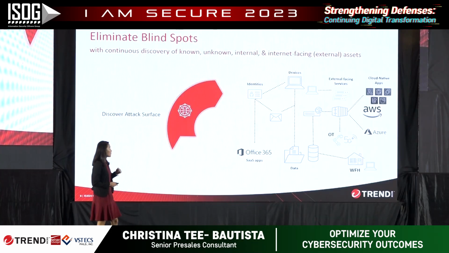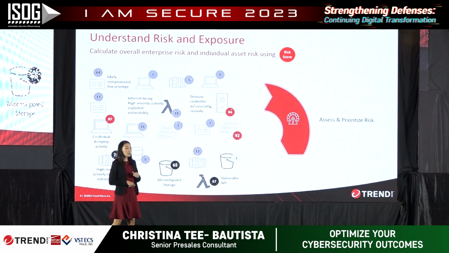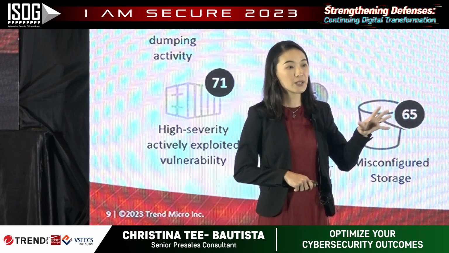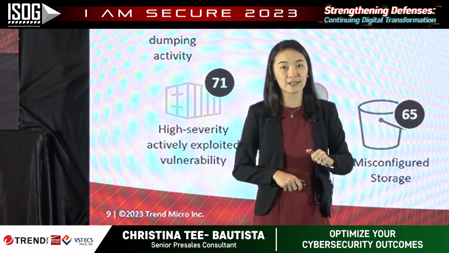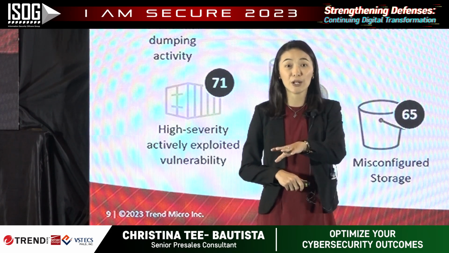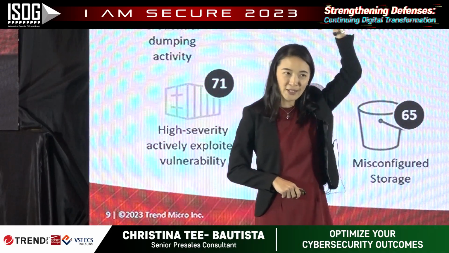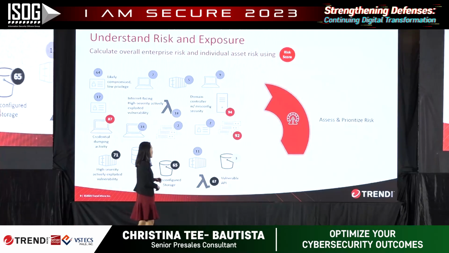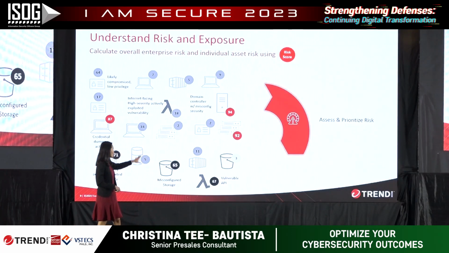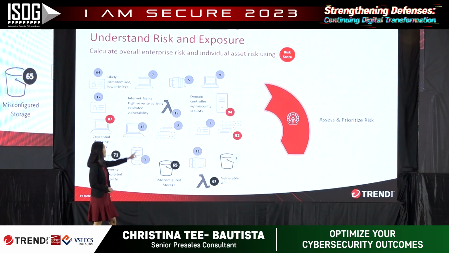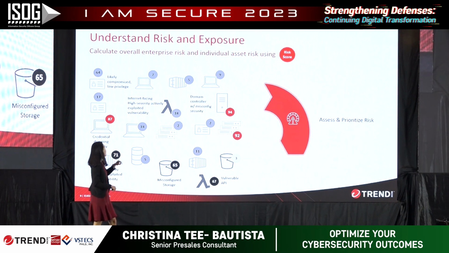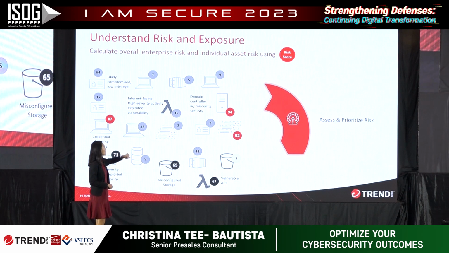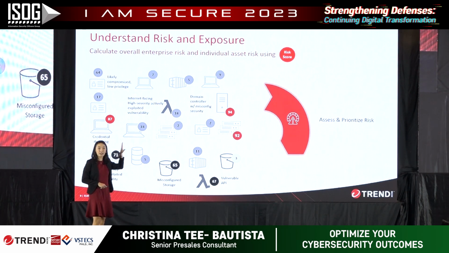So once you have visibility on that, what we need to do then is to be able to assess, provide a risk scoring for each and every asset in your organization, including your employees. So imagine all of your employees has a risk score on top of their identities. So with this risk score, we are able to actually tell, like for example here, we have domain controller with misconfigured security configuration.